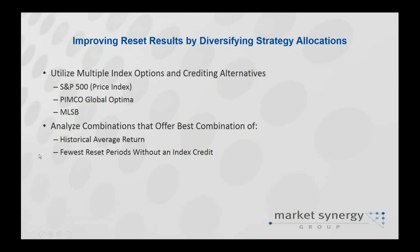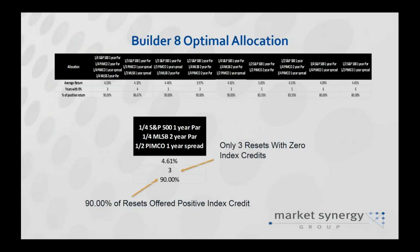But what I was referring to earlier, improving results by diversifying strategy allocations. One of the things that we like to do here with our market research team is really take a deep look at our FIA products that we have available and help determine what we refer to as the optimal allocation. So what we do is we take every single index that we have, and we say, okay, if we allocate a portion into the S&P 500, the Merrill Lynch Strategic Balance, and the PIMCO, what does that result in? Because to us, that makes a lot more sense than chasing a return or